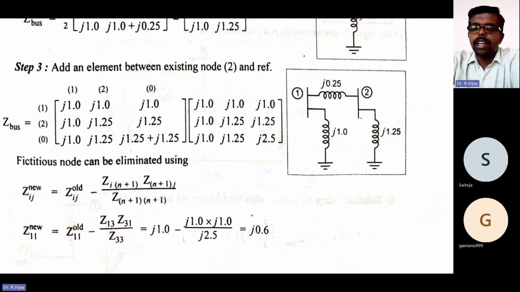That you need to take out. Minus 1 divided by whatever the value is here, as I said before, j into 2.5, into